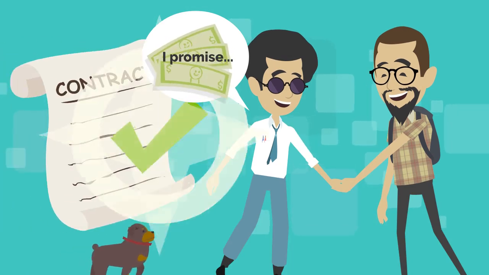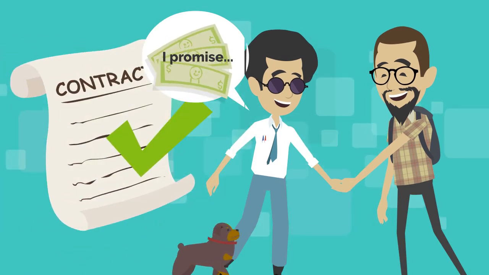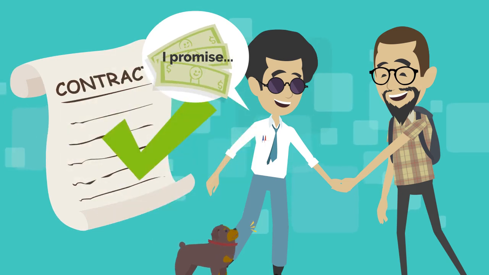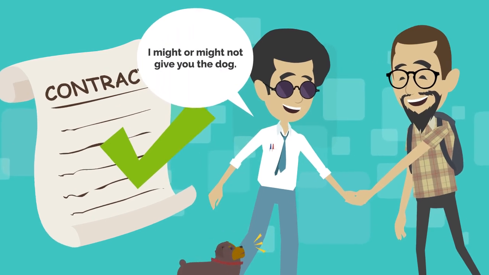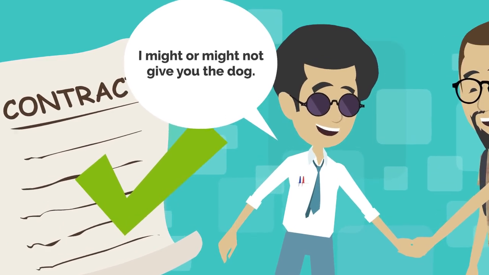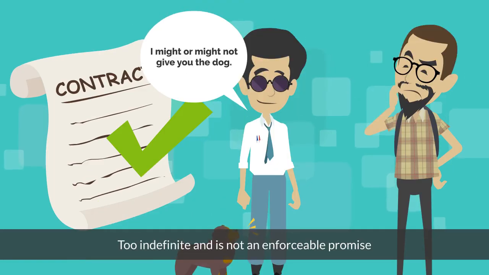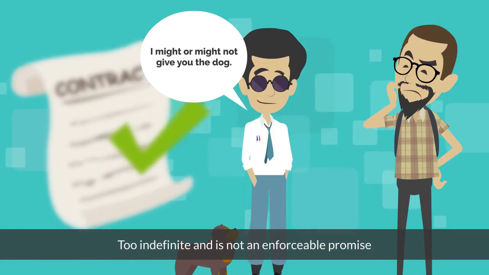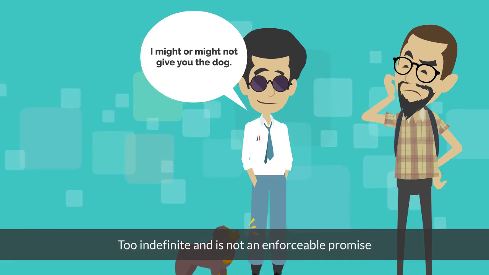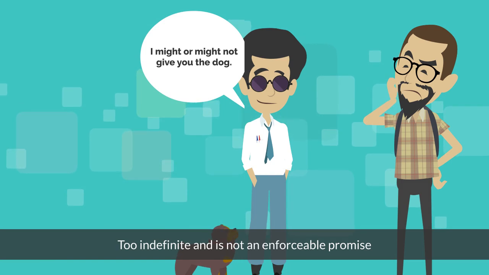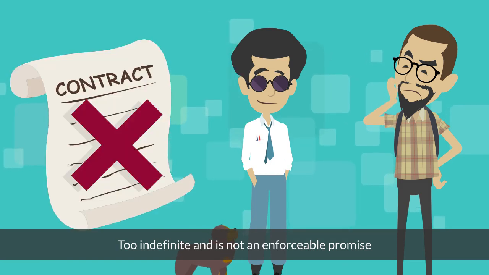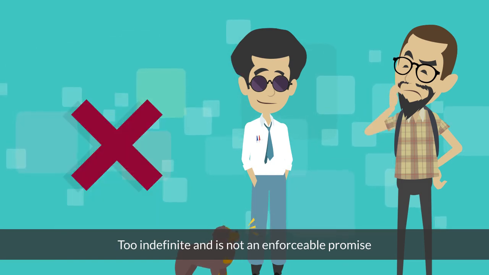Now, it seems clear that Frank made a definite promise to give David $20 for walking his dog. After all, he said, "I promise to pay you $20 in exchange for your promise of walking the dog." But then Frank said that he might, but might not, give David the dog after David walks. When a person promises that he might or might not do something, it's usually too indefinite to be an enforceable